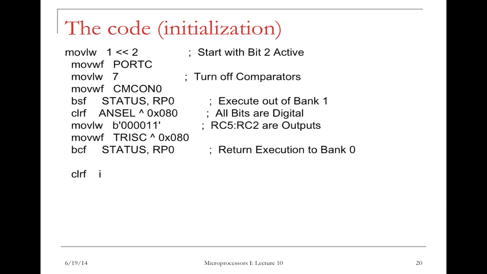Next few instructions are used to select the functions of the port and also clear the content of the port. Let's see, move LW 1 << 2. That is to shift 1 to the left for 2 bits. So essentially we're putting a number